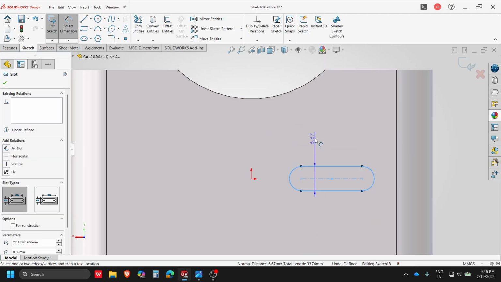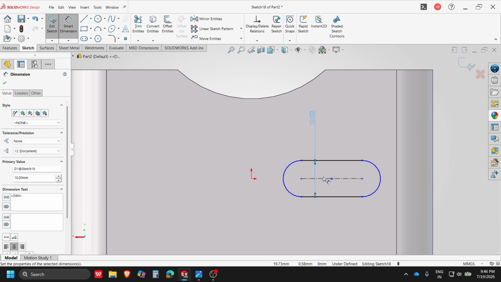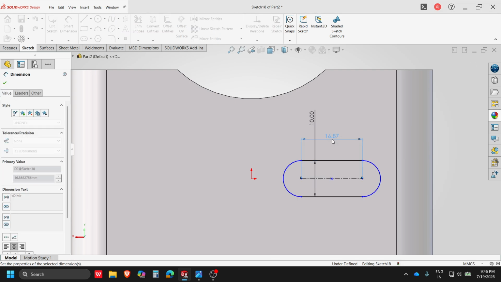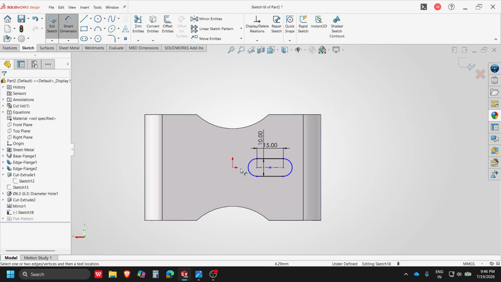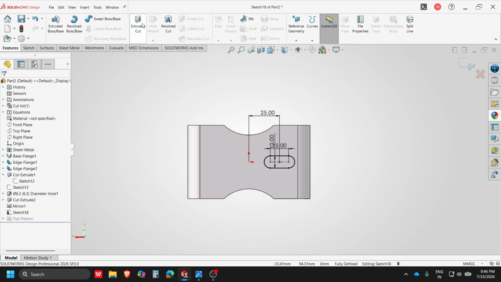and it is 15 mm in length and 10 mm in diameter. So this is 10 mm and its length is 15. For now it is 100 and this is I guess 25. So the slot is at its center, so from here to here it should be 25. Okay, we'll extrude cut,